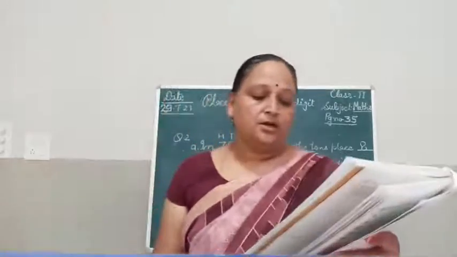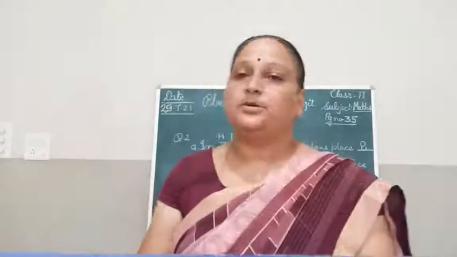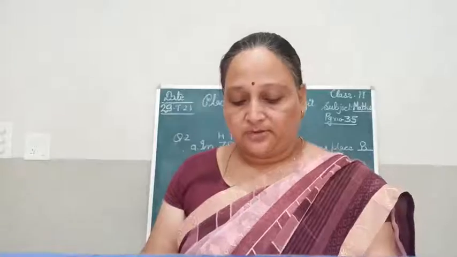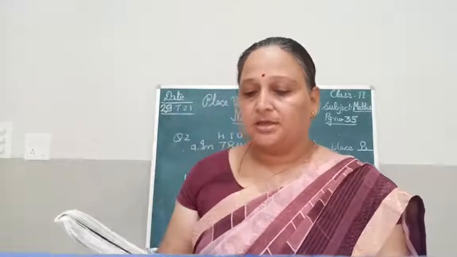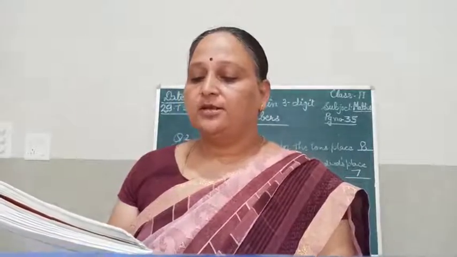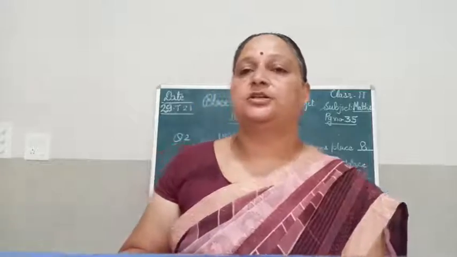Now you may understand. Do this exercise, page number 35. If you have any problem, you may ask me, you send me the message. Okay dear students, so do page number 35 in book only. Then we will do the math gym exercise. It is very interesting. We will make the 3-digit numbers and place value of 3-digit numbers with 1, 2 and 3 and fill in the boxes. Then we will go before and after and comparing and arranging and ascending and descending. Then we will do worksheet and adding hundreds. Okay dear?